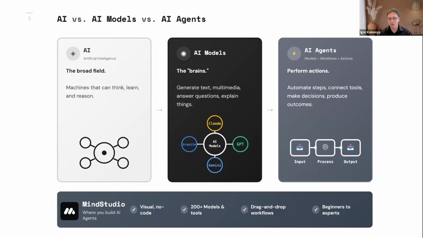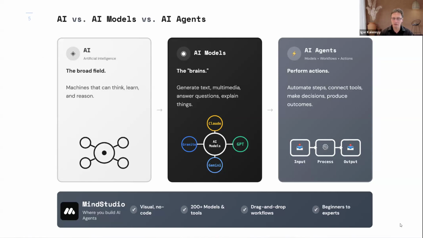So now the MindStudio comes into the picture. The MindStudio is a visual no-code environment. That's what it is, a studio. And so the MindStudio is the thing that allows you to create the agents. MindStudio is a platform, model independent, model agnostic.